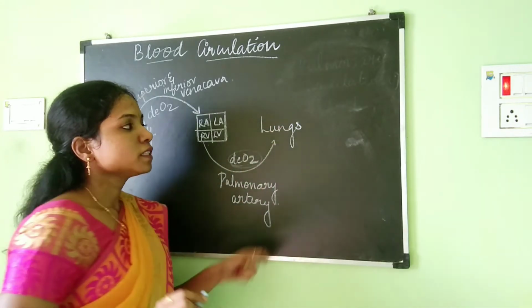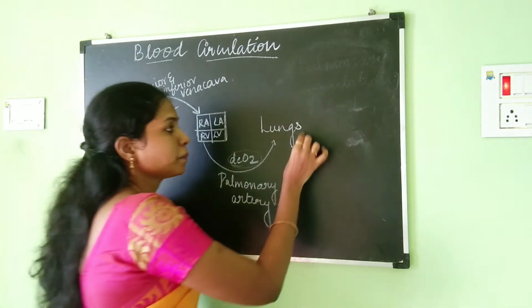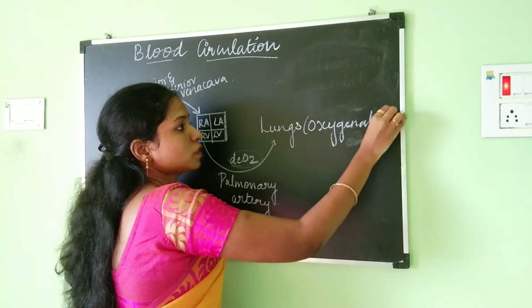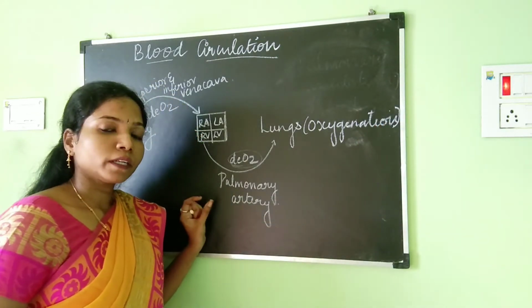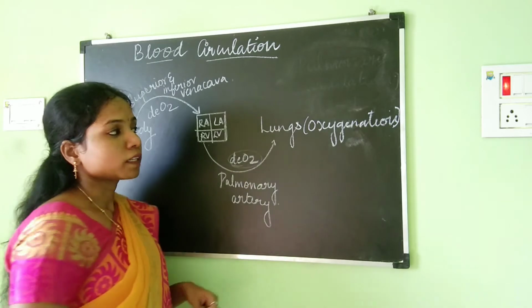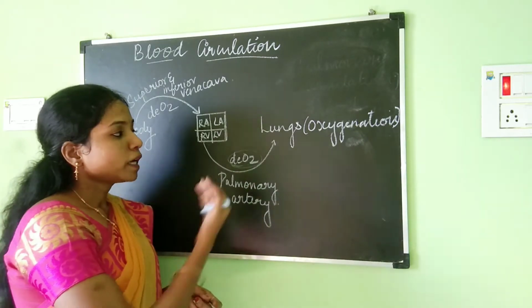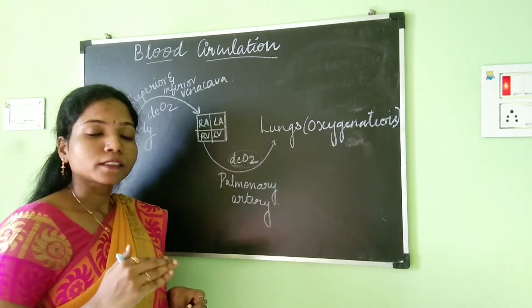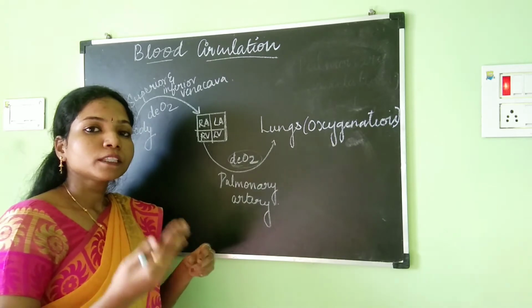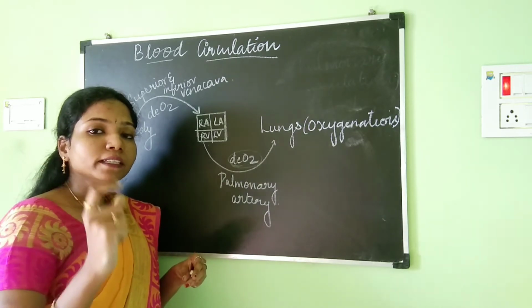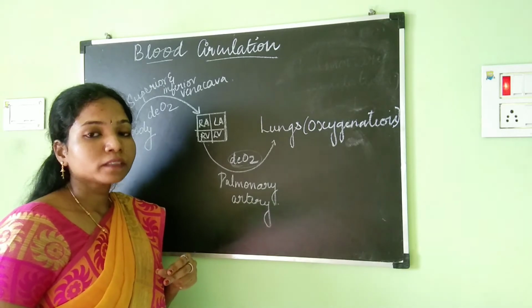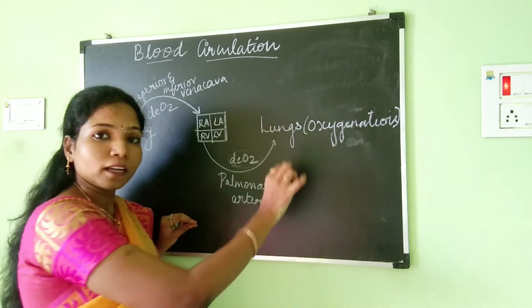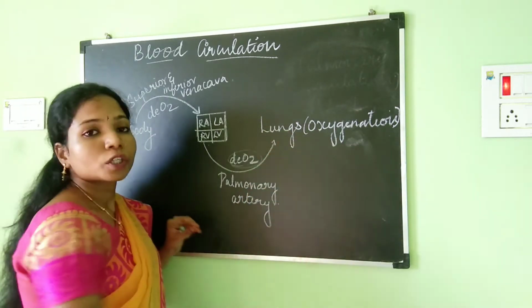After that, in the lungs, oxygenation will take place. This is the main reason why the impure blood, that is the blood without oxygen, enters into the lungs, because in the lungs only the blood is going to pick up oxygen. Okay, I hope you remember, you must have studied in your lower classes about the respiratory system. In the respiratory system, alveoli are there, and in the alveoli, exchange of gases will take place where oxygen will be taken up by the RBCs. So that is what happens inside the lungs. Inside the lungs, the blood will be oxygenated.